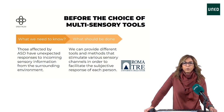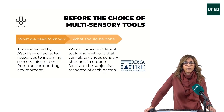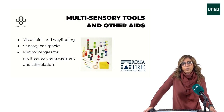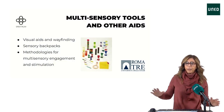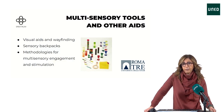The key to solve this kind of problem is to provide different tools and methods that stimulate various sensory channels in order to facilitate the individual response, feedback of each person involved in the program. So we need to be very careful and to support ASD people with multisensory tools or other kind of aids that could always keep them quiet and in a situation where they trust the other supporting